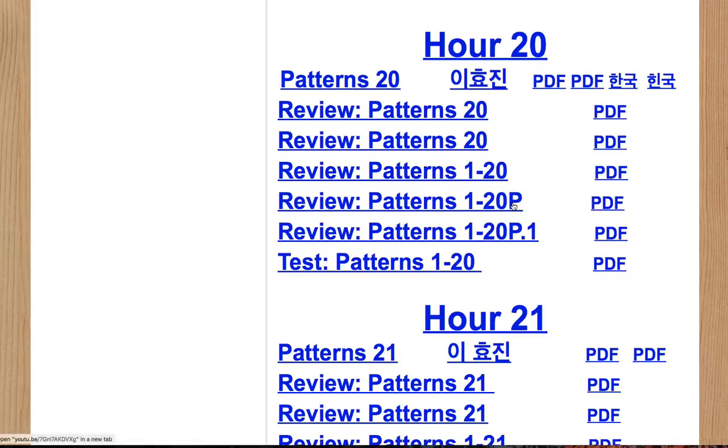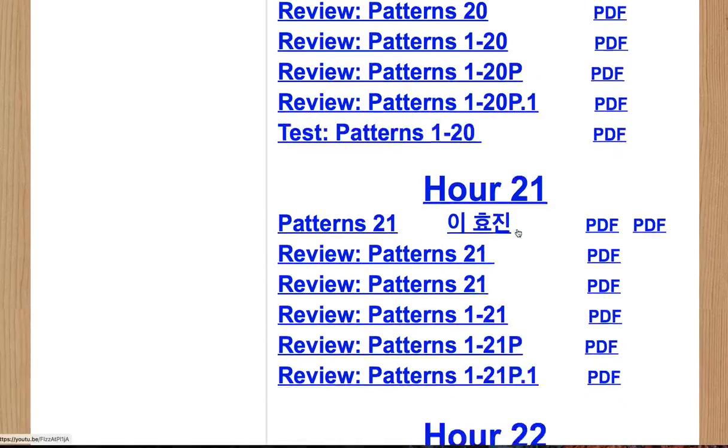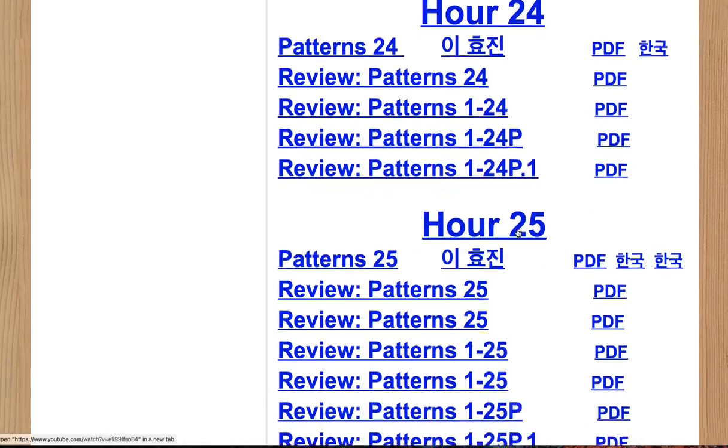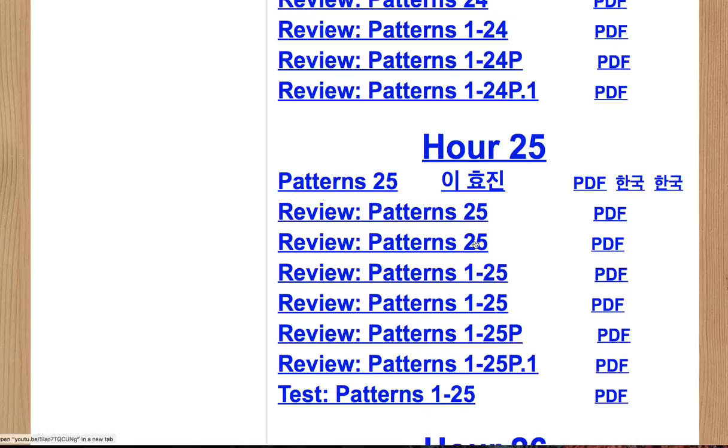There's no sense learning something and then being totally disconnected from it the next day, because all these patterns, there's about 150 of them, they're all interconnected and can be used multiple times. So you have to constantly reinforce. As you see, as we go down here, we're reinforcing 1 to 25. First, this is 25,